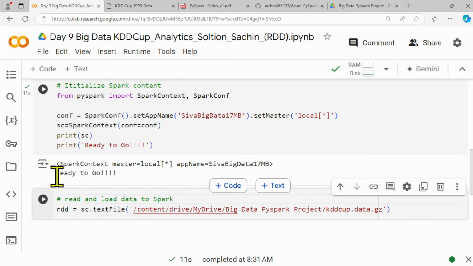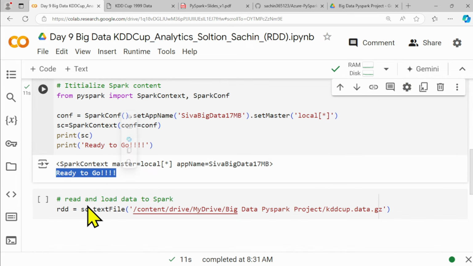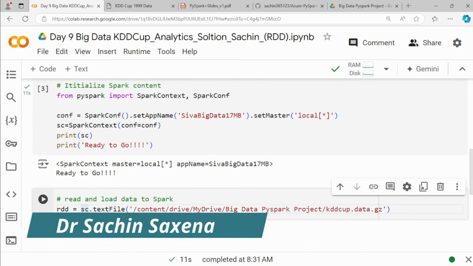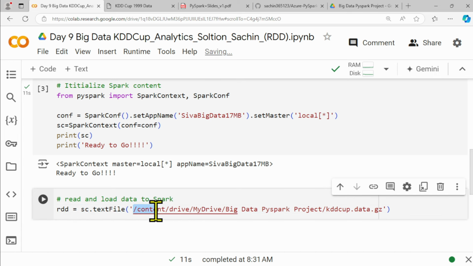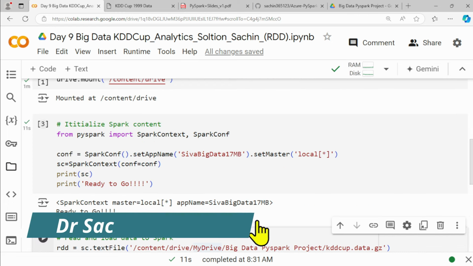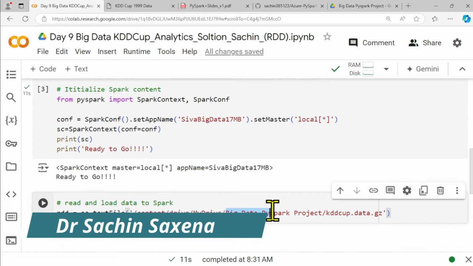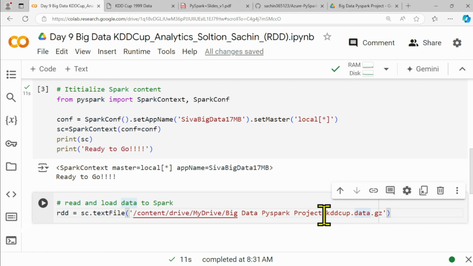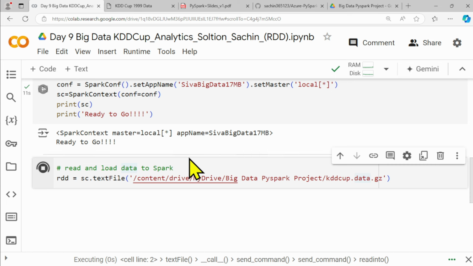So just see, it's ready to go, and now I can read and load my data from where? From the Google Drive, which I access right now. If you look at this file folder, this is the content, this is the drive. Inside this drive, I had this big data PySpark project folder. This is the big data PySpark directory. Inside this, this is the big data file, which is 17 point something. I'm going to initialize this RDD,